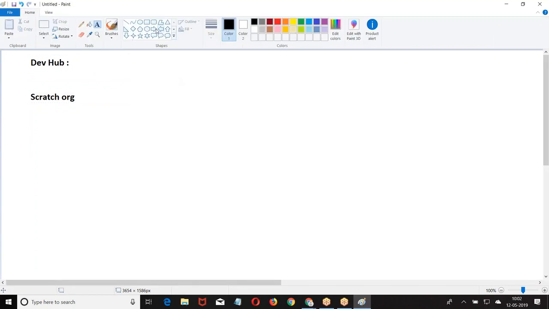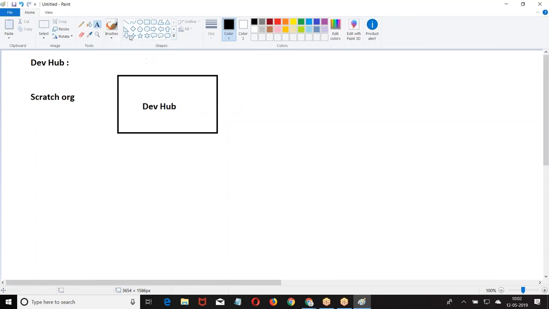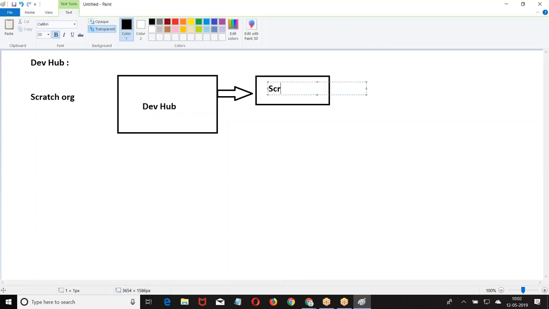Now I have a production or a developer edition. Here, this is my DevHub. You may consider this as a production or a sandbox, whatever it is. From here, what I will try to do is create one scratch org.